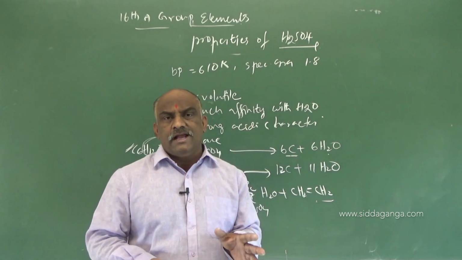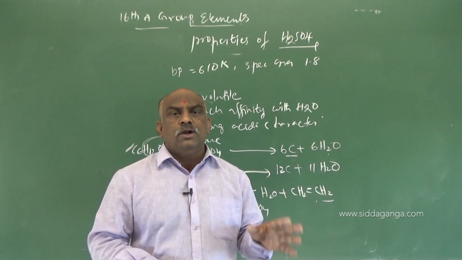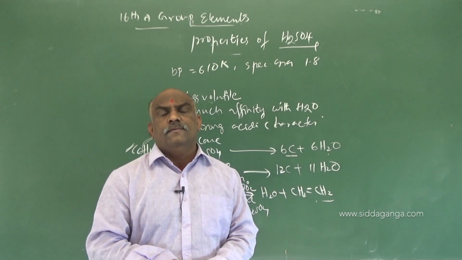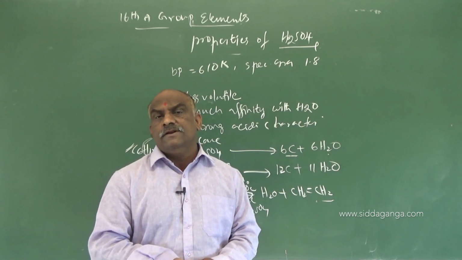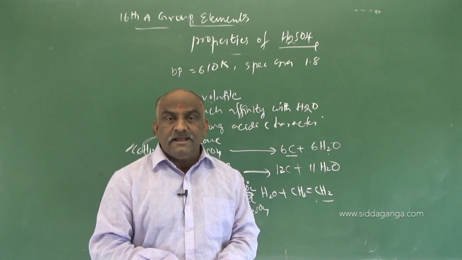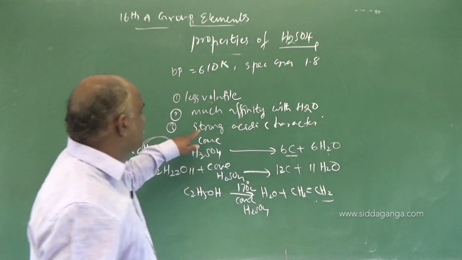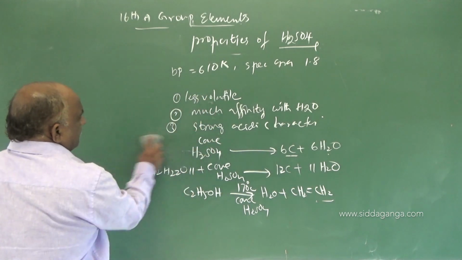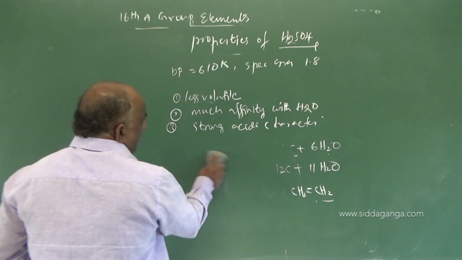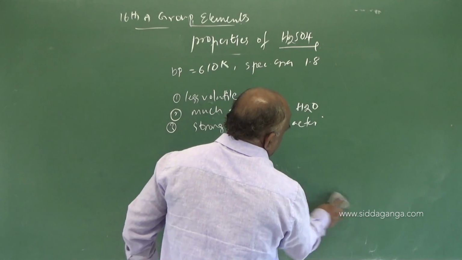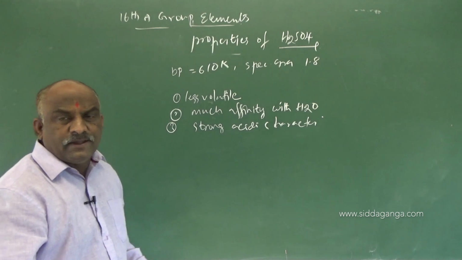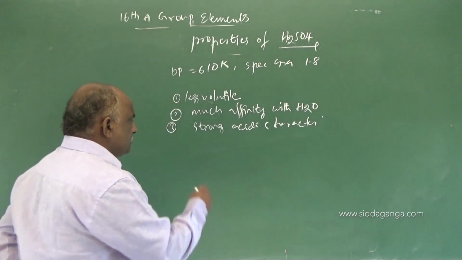Where you observe sulfuric acid, it is a good water absorber, with much affinity with water. It is more interested in water. Due to that reason, sulfuric acid acts as a dehydrating agent. And next, number 3 is strong acidic character. Strong acidic character can be explained in the form of the Ka factor. Ka means acid dissociation constant, while Kb is base dissociation constant.